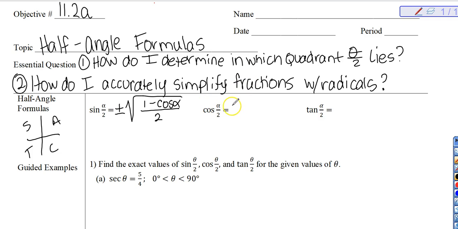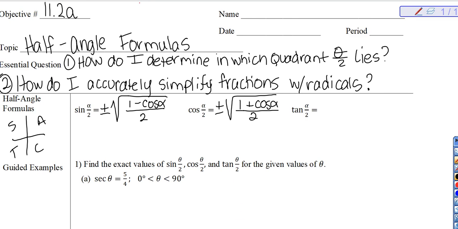Here's cosine of half alpha. It looks like this: positive or negative, massive square root with a fraction. And it's almost the same, except it's 1 plus the cosine of alpha over 2. And then your tangent of alpha over 2